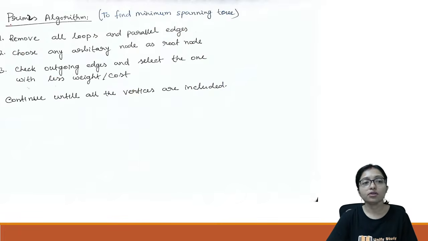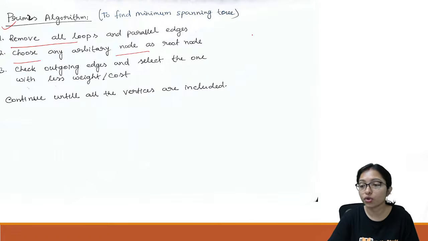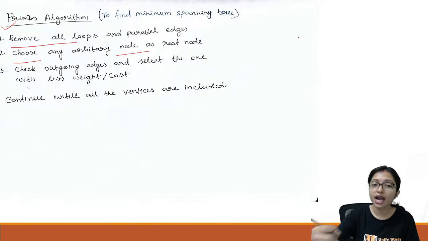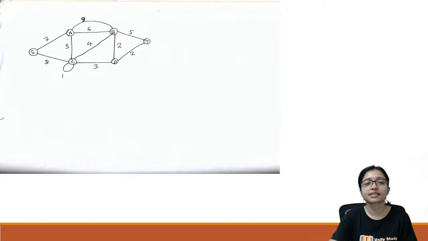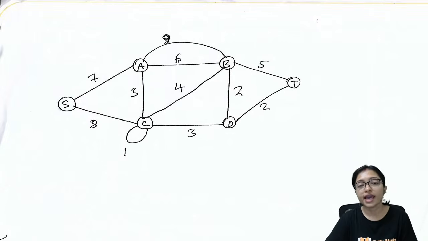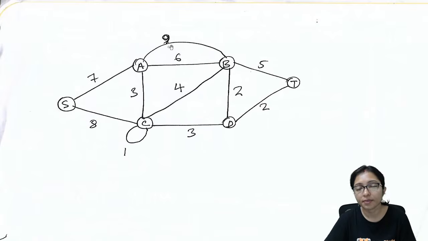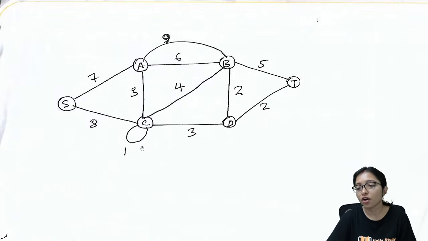Now see how Prim's algorithm works. In Prim's algorithm, first of all, you have to remove loops and parallel edges. Then choose any arbitrary node. Here you can choose any one, and then you have to start from that only. You can see this graph, I took this graph. Here is a parallel edge, right? Here is a parallel edge, right? And here is a loop also. So first of all, I have to